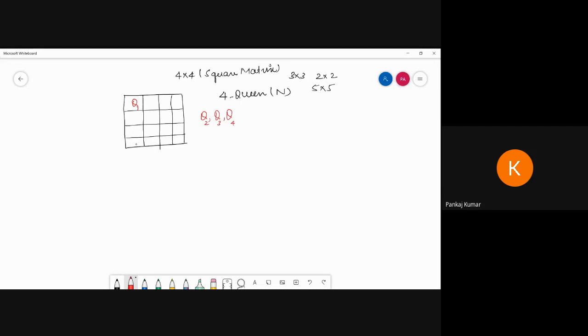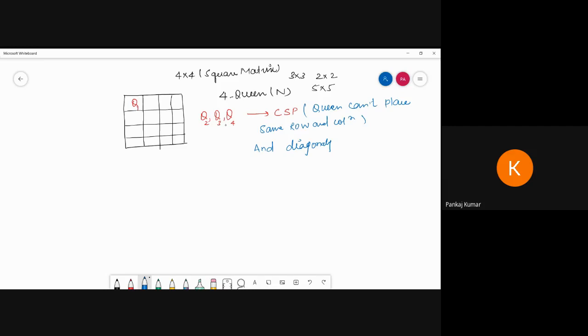Here we can use the constraint satisfaction (CSP) condition: a queen cannot be placed in the same row, the same column, or diagonally. So a queen cannot be placed diagonally, cannot be placed in the same row, and cannot be placed in the same column.